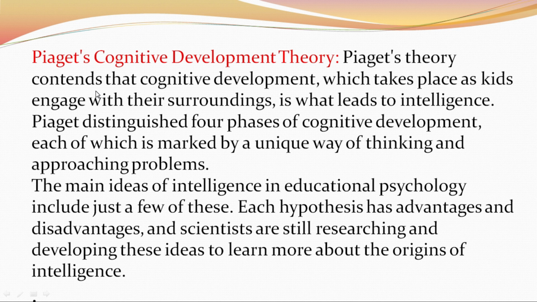Piaget's theory contends that cognitive development, which takes place as kids engage with their surroundings, is what leads to intelligence. Piaget distinguishes 4 phases of cognitive development, each of which is marked by a unique way of thinking and approaching problems. The main ideas of intelligence in educational psychology